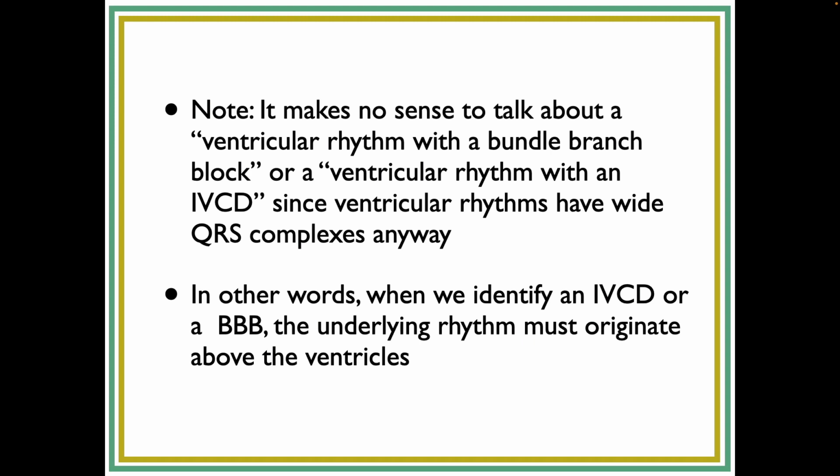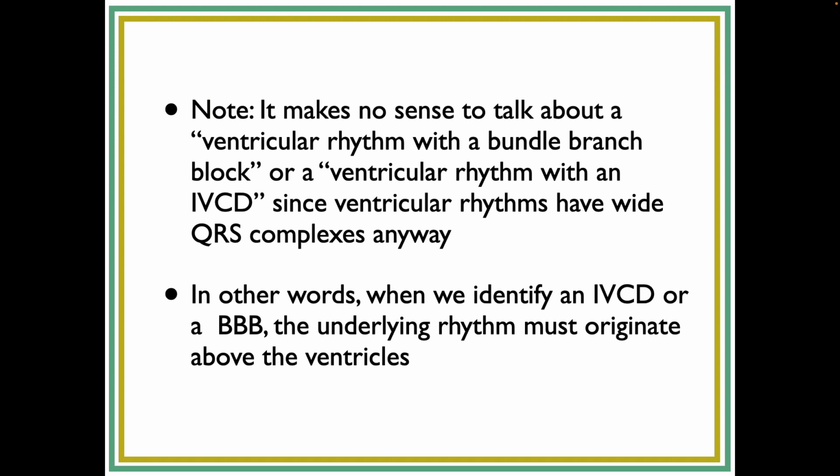If you have a patient in VTAC, and they have a pulse, and you cardiovert them, and they go back to a normal sinus rhythm, there's every chance that it could be a narrow QRS when they're back in a normal sinus rhythm. It's the fact that they're in a ventricular rhythm that makes the QRS wide. So for that reason, it makes no sense at all to talk about a ventricular rhythm with a bundle branch block, or a ventricular rhythm with an IVCD,